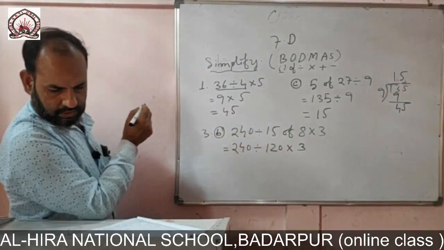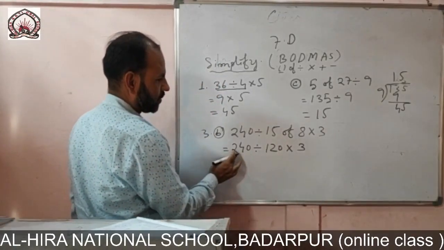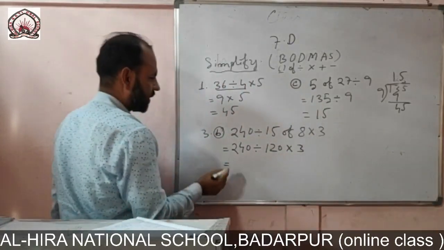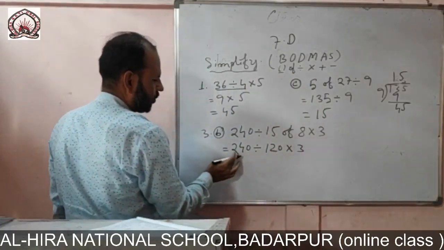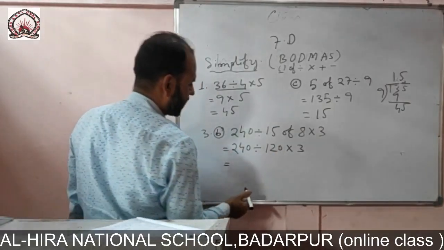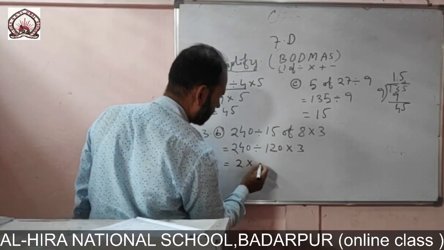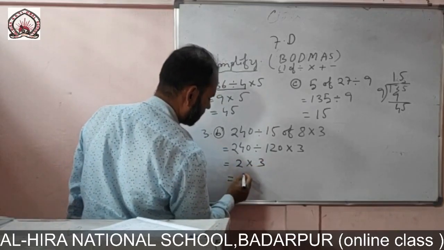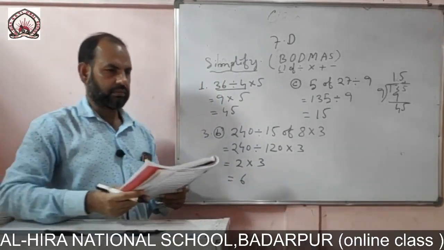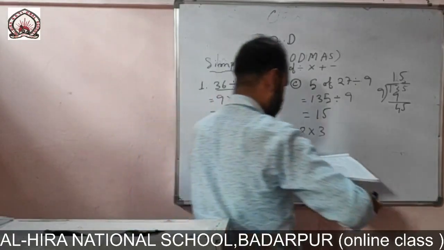Now this 240 divide 120 equal to, we know 2 times go, then 2 into 3 equal to 6. Next,